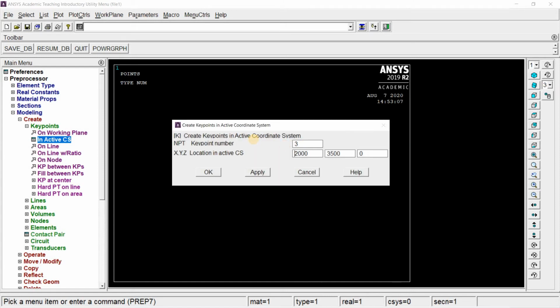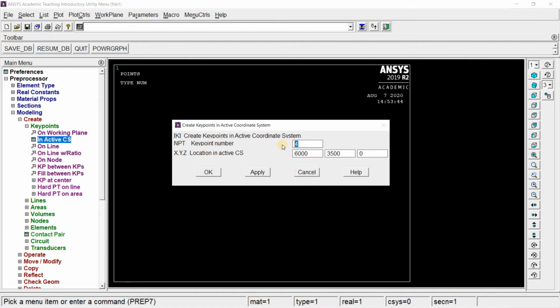The third point we must give it as 4000. Y coordinate value is 0, Z is 0. Give apply. Key point number 4, 6000, 3500 and 0. Z will always be 0.